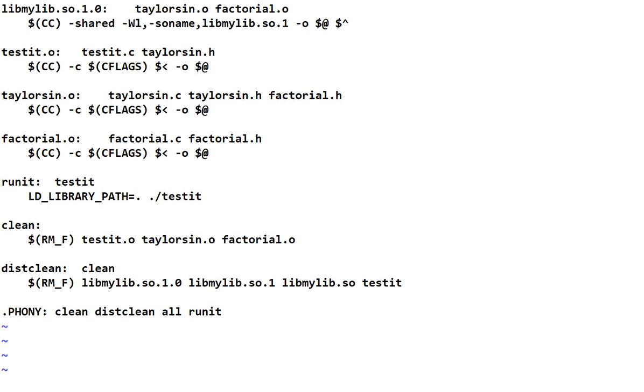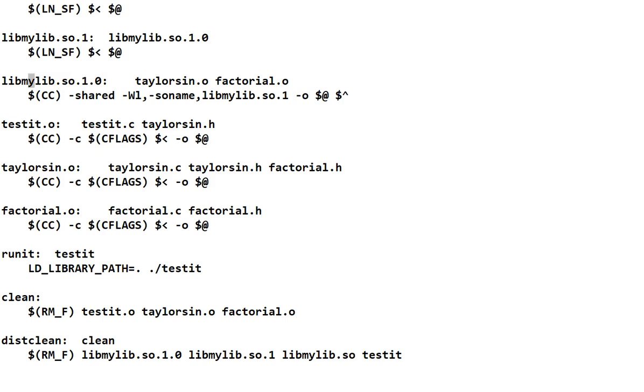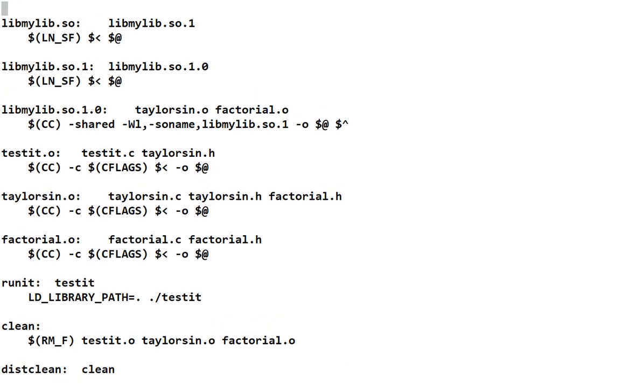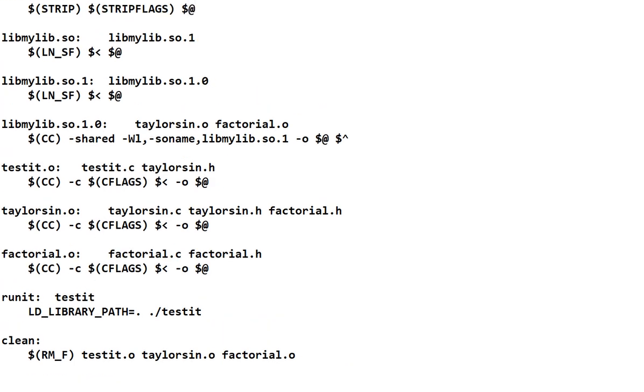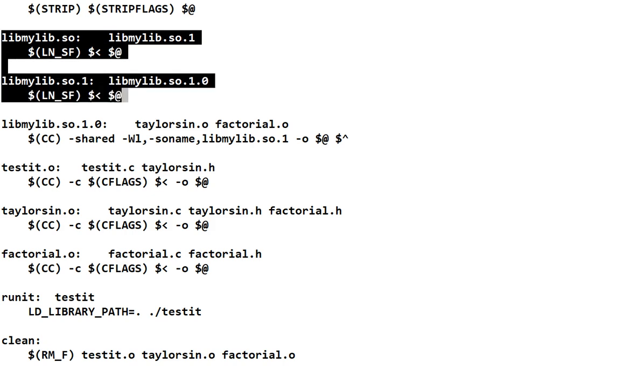Taylor sin and factorial are used to create libmylib using that special shared option and setting the SO name that I talked about in the previous video. Then we need two symbolic links, and you could see that that sets the symbolic links the way that we want. We have the real, once the real shared library is built, right? This guy,